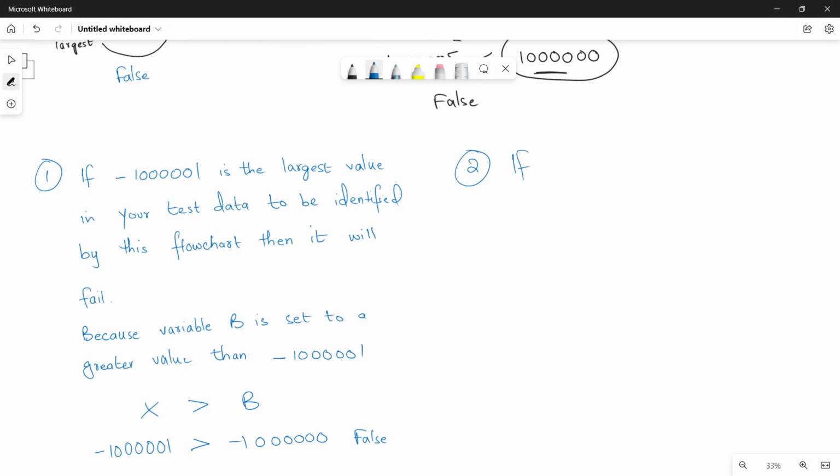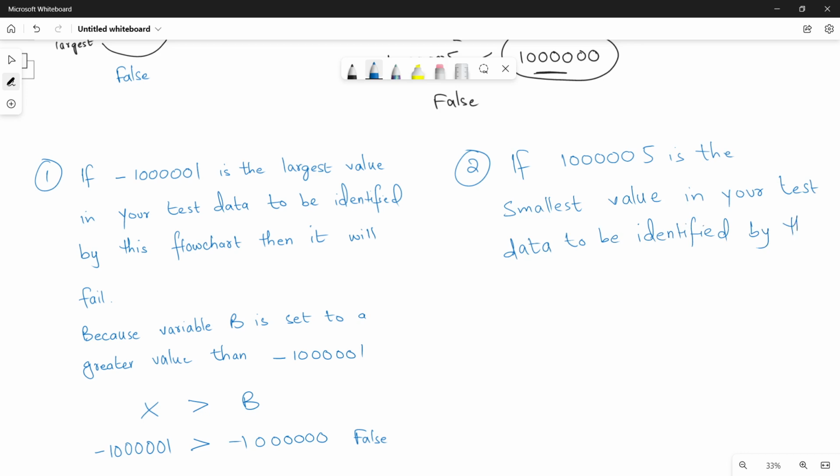If, let's suppose, 10000005 is the smallest value in your test data to be identified by this flowchart, I'm just copying it, then it will fail